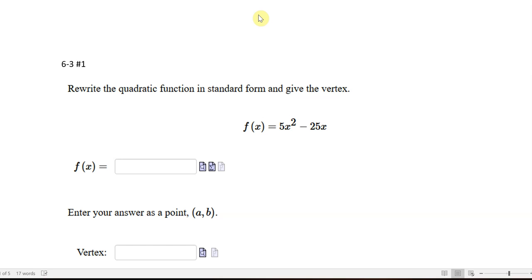So this is from problem set 6.3. It's number 1. We want to rewrite the quadratic function in standard form and get the vertex. So first off,